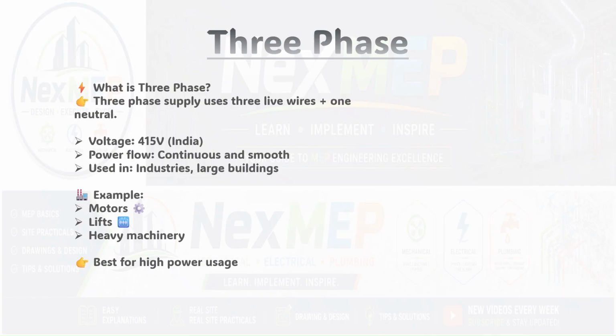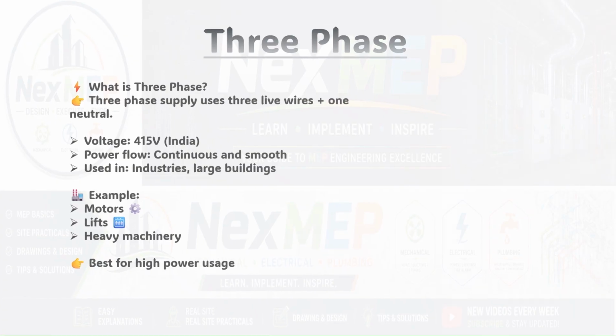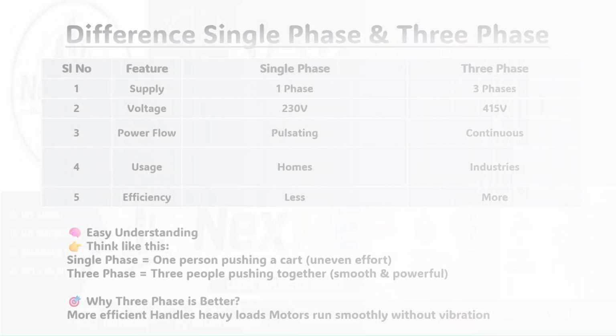3-phase is used in industries and large commercial buildings. Think of heavy equipment, motors, lifts, compressors, and large machinery. All of these need 3-phase supply. 3-phase is the go-to choice for high-power applications. So how do single-phase and 3-phase compare? Here's a quick